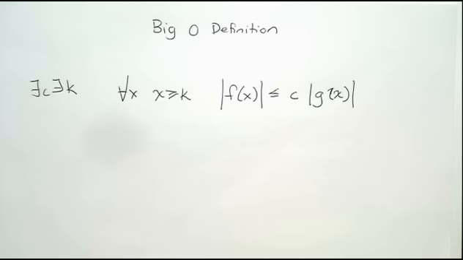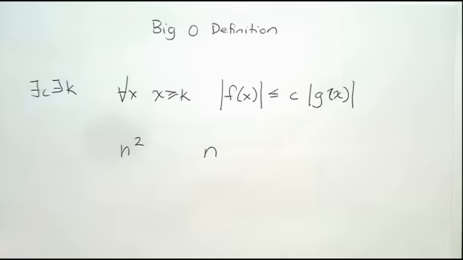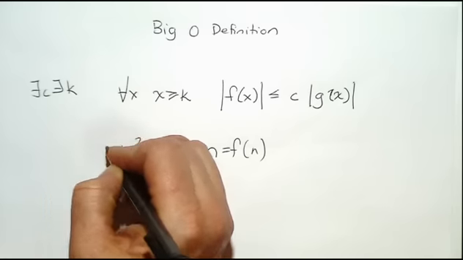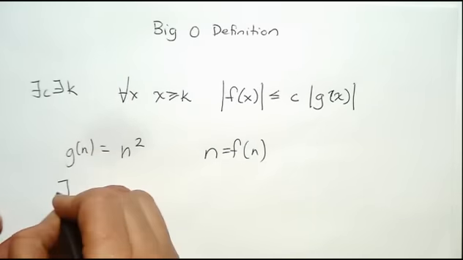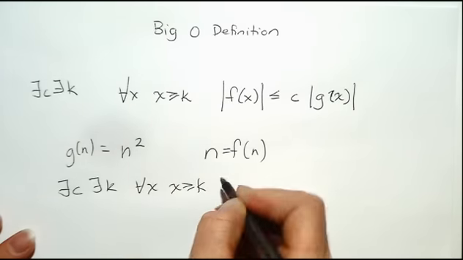So you're probably looking at it going, okay. Well, let's do some examples. How about n squared and n? So we just looked at the graphs, but now let's look at it with this equation. So which one would be the smaller one? N, so let's let that be f. So let's show that there is a c and there's a k, so that for all x bigger than k,